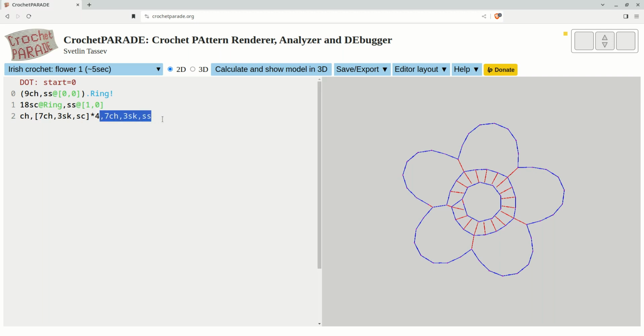Another way of achieving the same effect is to multiply by 5, but then interrupt this loop. So I'm iterating this part of the crochet code 5 times. You can say, well, on the last repeat, stop here. The symbol will make the repetition stop here, meaning that on the last repetition we're going to have 7 chains, 3 skips, and then we're going to do a slip stitch. Bam. Same exact